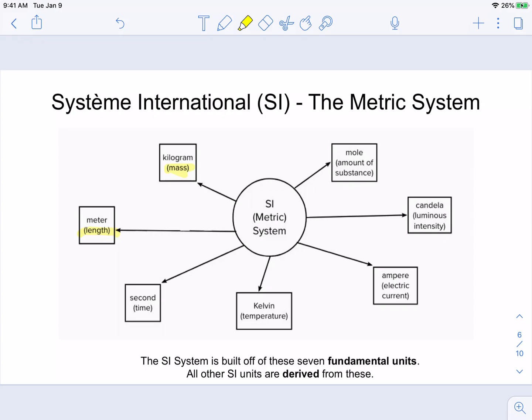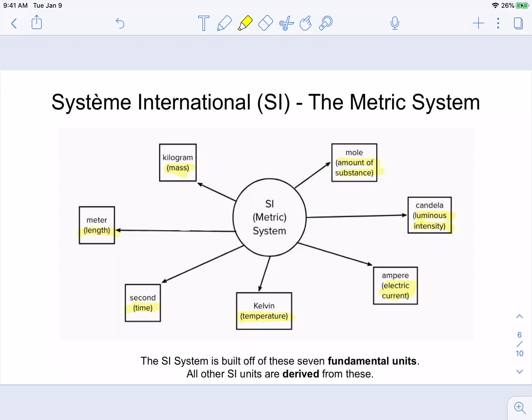Length, the fundamental unit of length is meter. Time, the fundamental unit is seconds. For temperature, Kelvin. For electric current, the ampere. For luminous intensity, candela. And for the amount of substance, a mole. And that is the foundation of the metric system. All other units that we deal with in physics are called derived units, and they are a combination of these